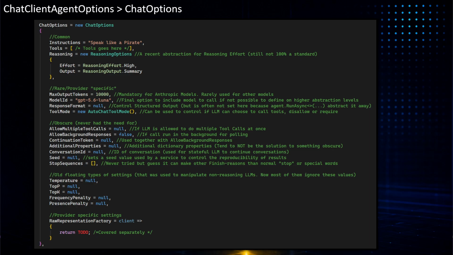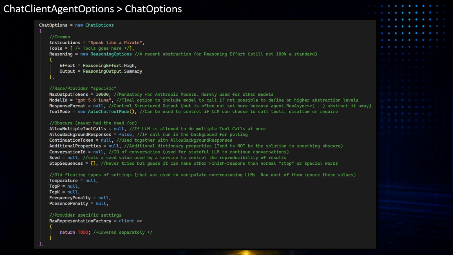But in real life, it's not really happening. Stop sequence is all about setting a list of words that should stop any processing. I can't really see why you would ever do that, but it is there.